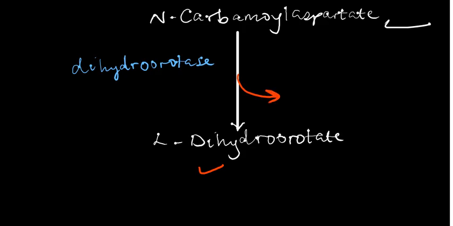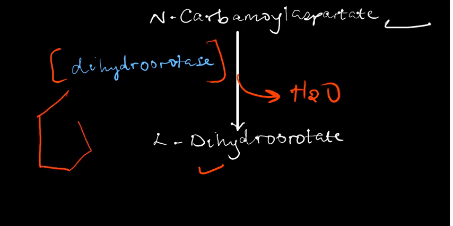In the process, water is lost. This is a condensation reaction. The enzyme dihydroorotase removes the water from N-carbamoyl aspartate, thereby closing the ring structure. In the first place the ring was open, but now the ring is closed, and it's called